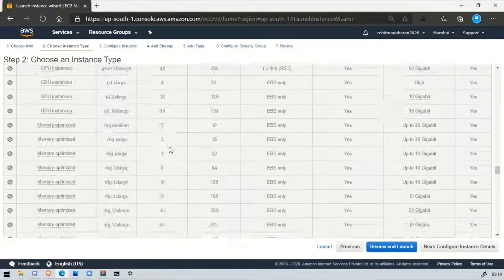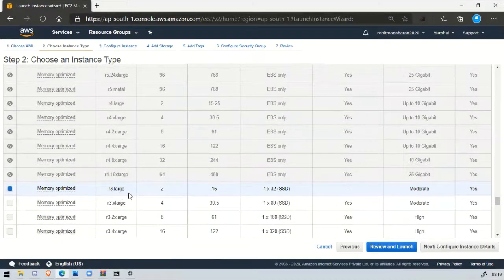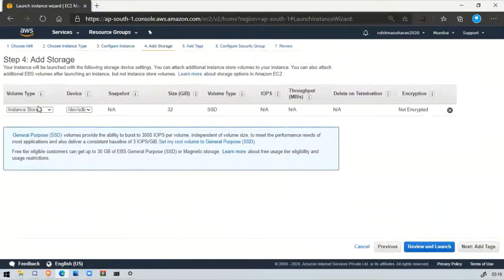I will select the R3.large category, which has 2 GB RAM, and I have a 32 GB SSD. I'll click on configure instance storage, then next, add the storage. As you can see, we have instance store 0 as the volume type. If you want to add any more volumes, you can't. You can't edit this, and it is fixed because it's stored in our S3 bucket.